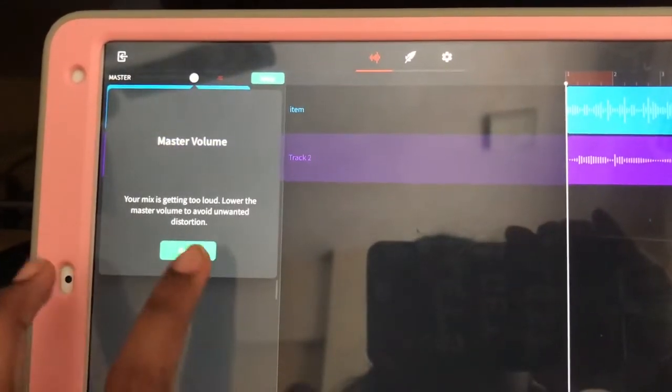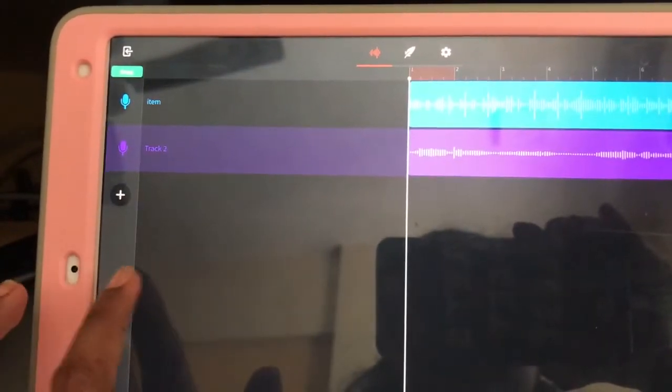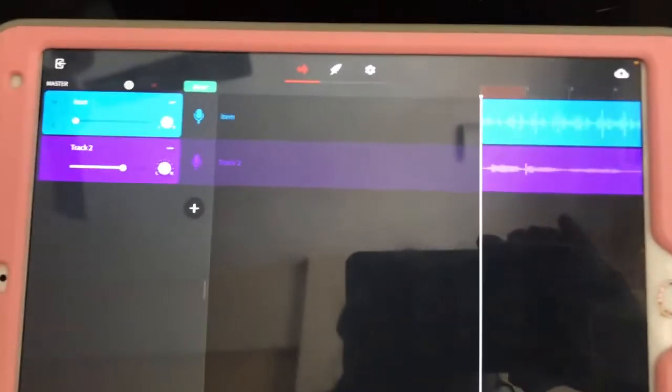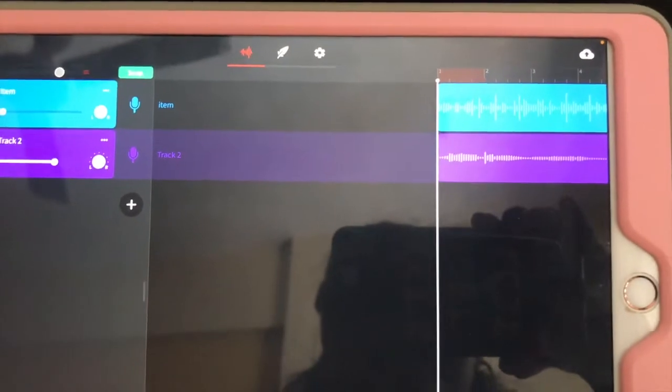Okay, now when I swipe, I can swipe this further like this. I can swipe this in and out. Now this is the song, right? So if I minimize it completely and if I keep this on, you'll be able to hear only my voice and not the music. Listen to it.